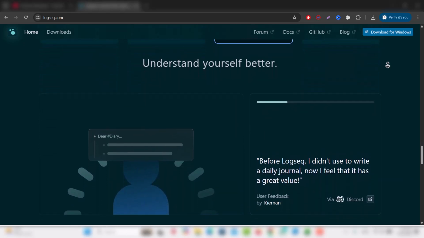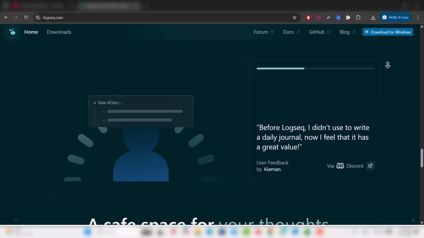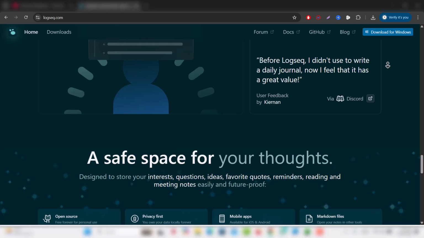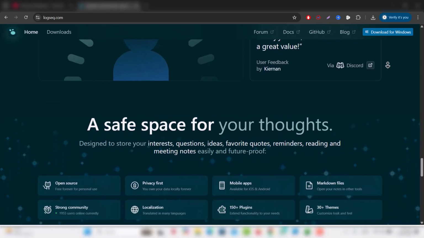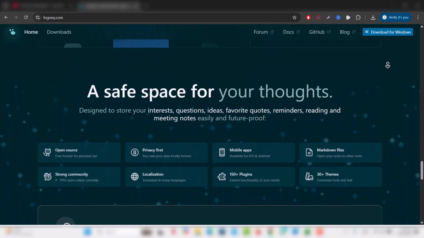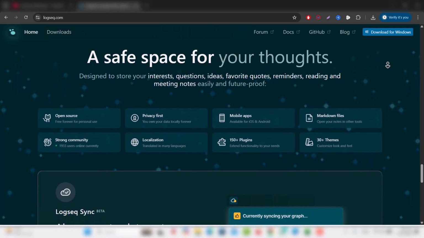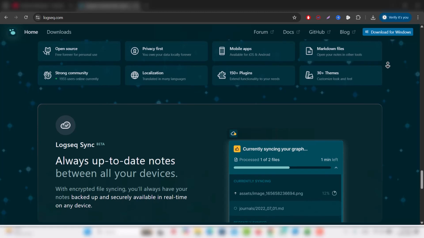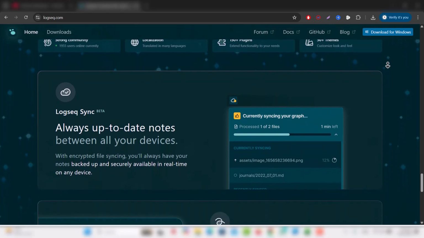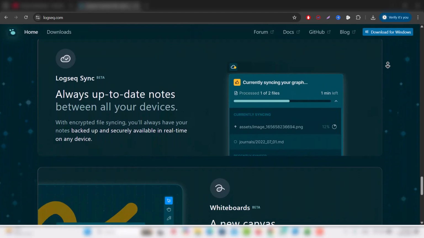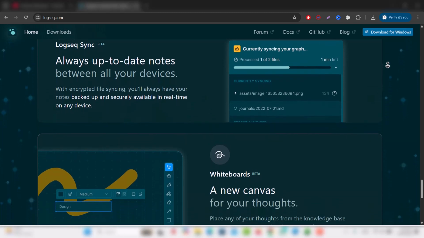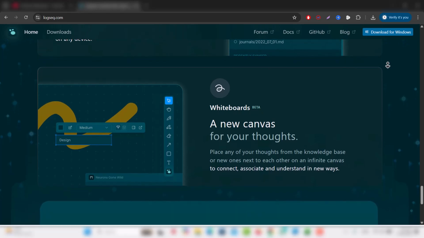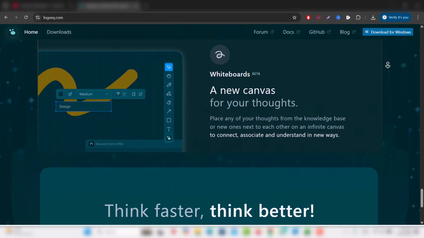So when might you choose one over the others? Go for Notion if you want a flexible, all-in-one workspace that handles notes, tasks, databases, and team collaboration with ease. Consider Obsidian if you value privacy, local control, deep linking of ideas, and a customizable plugin-rich environment for personal knowledge. Choose Logseq if you like outline-based thinking, daily capture, and building a linked web of thoughts in a simple local system.